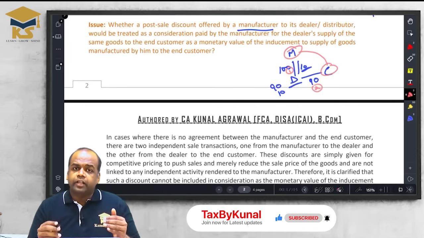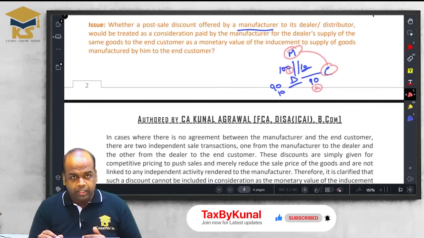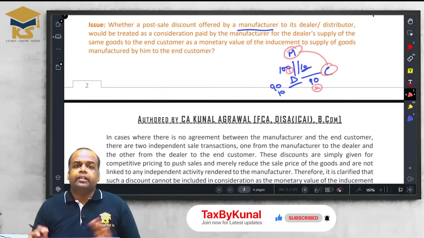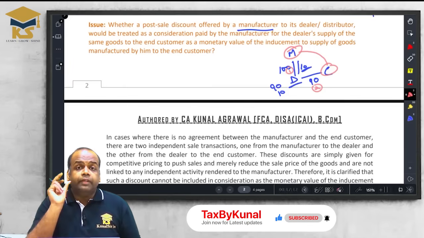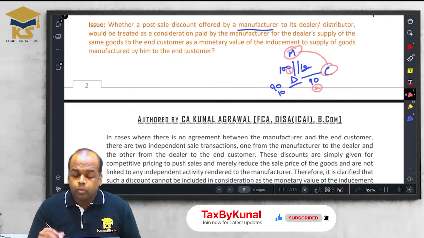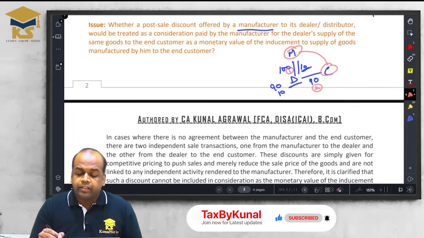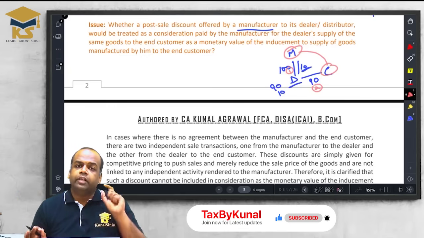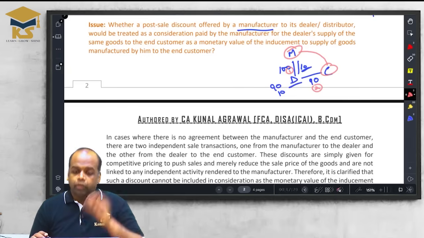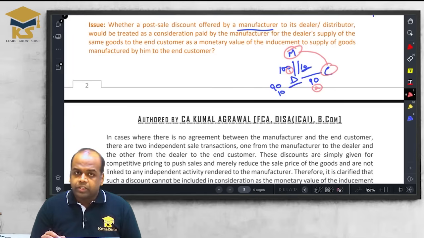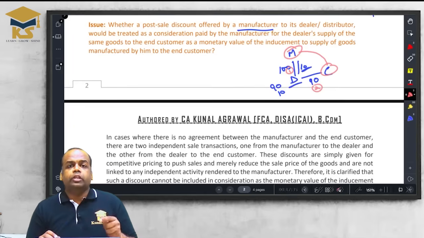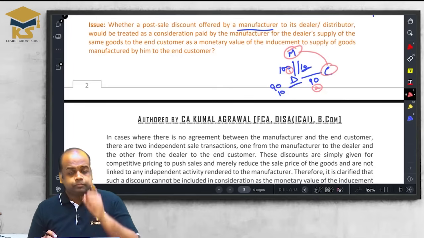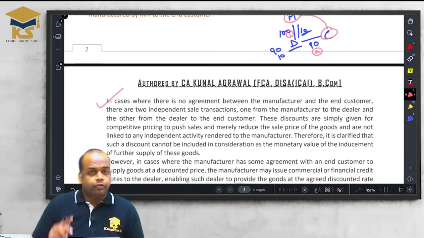So if any commercial credit note is issued by the manufacturer to the dealer, in such a case it will not be treated as consideration. Now friends, in which case will all this problem arise? When the manufacturer issues a commercial credit note to the dealer. If the manufacturer is reducing its output tax liability, then the dealer has to reduce ITC. We are not discussing that case. We are discussing only the case of commercial credit note. What is the department saying? 90 rupees you took from the customer, 10 rupees you took from the manufacturer, so give us GST on 100 rupees. No sir, wrong interpretation by the department. Clear? So this first para is clear?